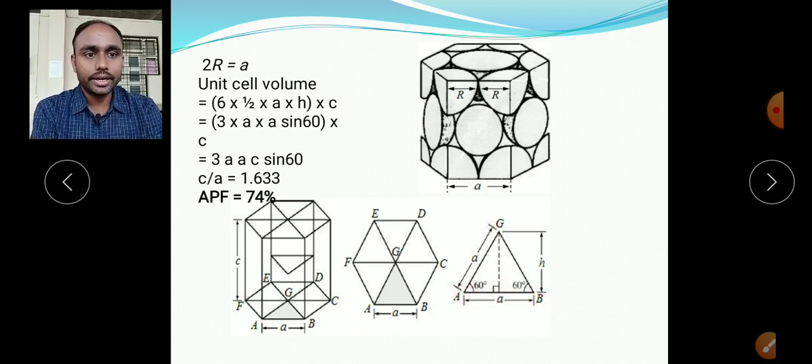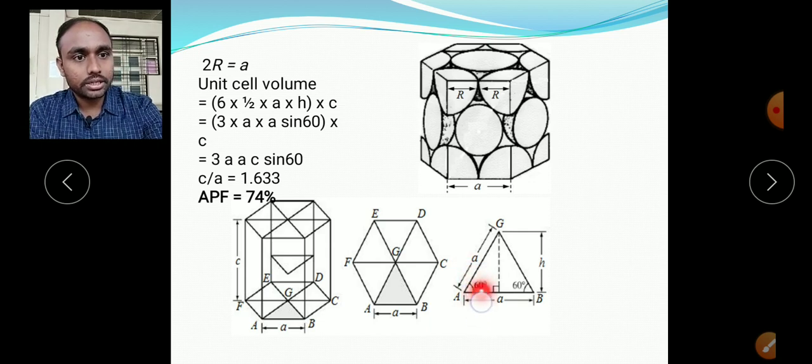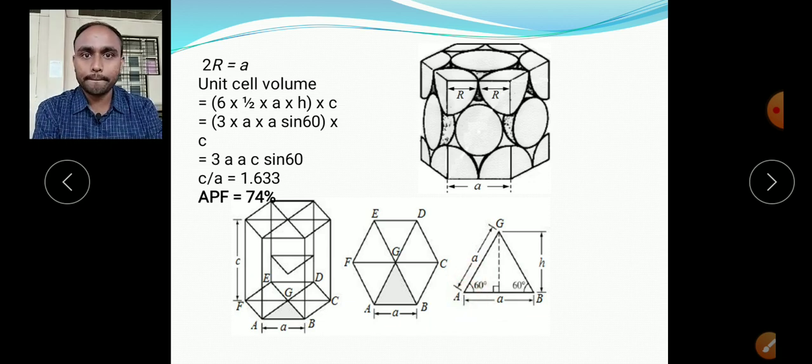Now how to get the height here? See, this angle is 60 degrees. Now this is the hypotenuse. I am talking about this triangle only, the right angle triangle, not about the equilateral triangle. This smaller right angle triangle. We have 2 right angle triangles, you can talk about any one. So I am talking about this. Here A is the hypotenuse, this is 60 degrees, and this is the opposite side corresponding to this 60 degree angle. Opposite side means sin theta. So hypotenuse into sine of theta. So H is equal to A into sine theta, but theta is 60 degrees. So simply we got height is equal to A into sine theta.